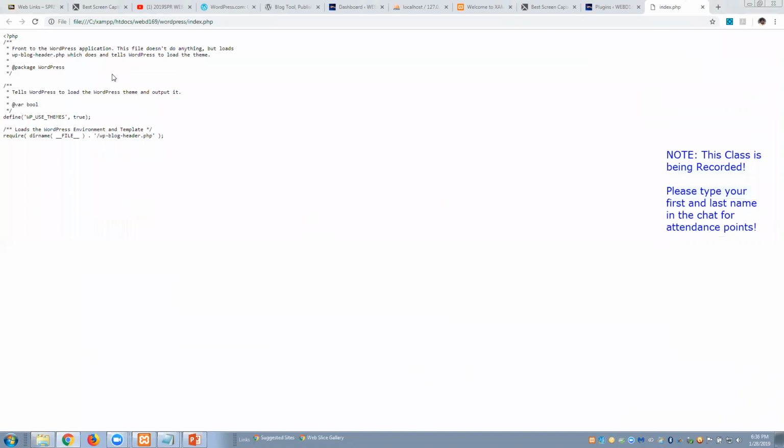When I went directly from the file system to the browser, I did not use a web server at all. When I went along this path, it just sent me the text from that file. It didn't process any of my PHP. So now I need a web server in order to have the server-side scripting language run, in order for it to run the command that says, I want to define this theme, run this PHP, and require that I insert this wp-blog-header. So if I go to the exact same page, but through the web browser,